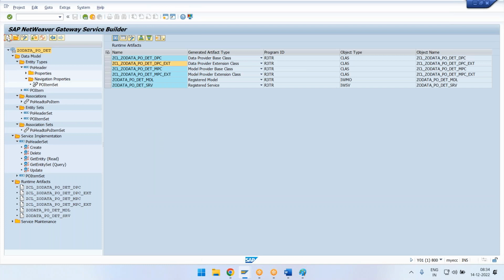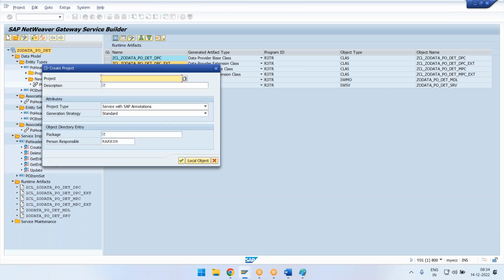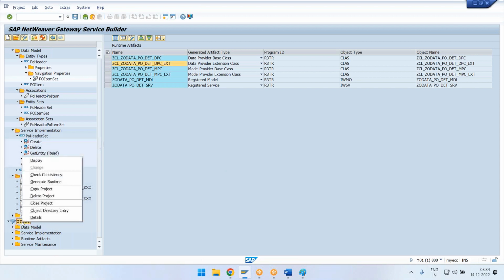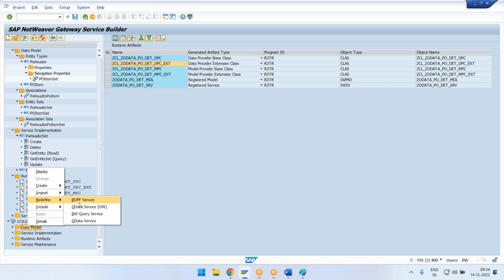Okay. So when I click on create, I just say the test, and I will be saying this as $TMP. So now once I selected this, right click over here or click on data model and redefine from